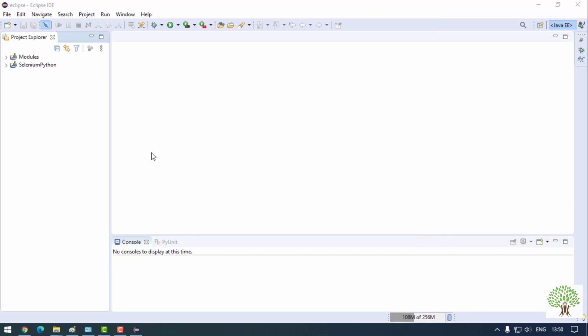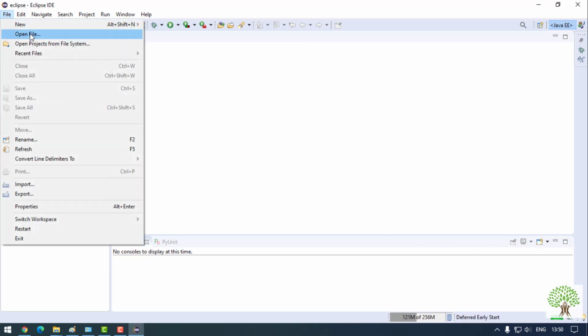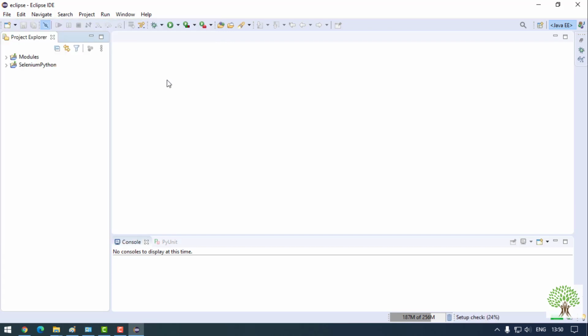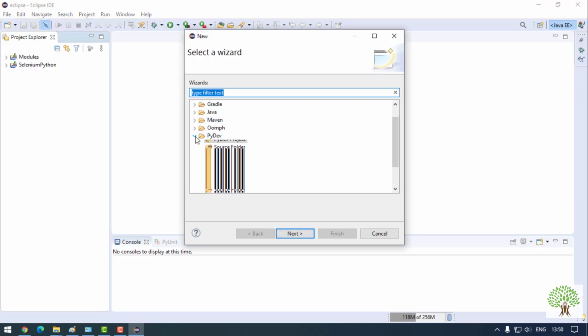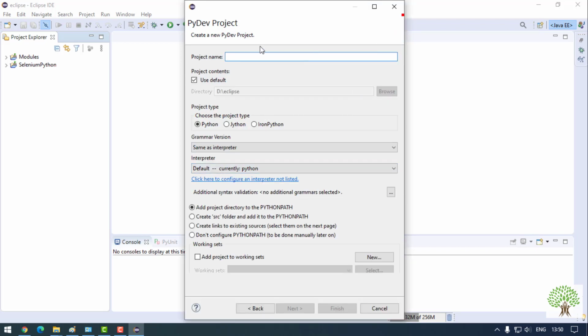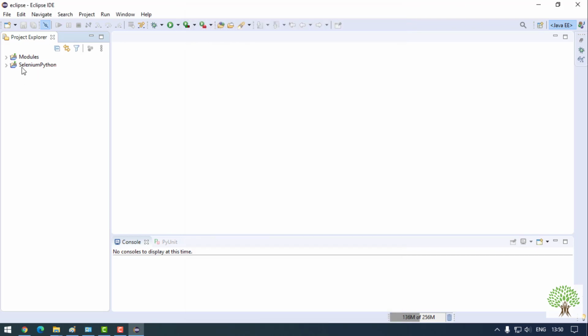So now you can see over here it's ready to use. I'll simply go over here in the File option, and click on New, then Other. Now you can see that a new folder has been added over here, that is PyDev. And inside this PyDev, you can have your PyDev package, module, PyDev project, everything that you want. It's all available now. Okay, now if I say I want to make a PyDev project,